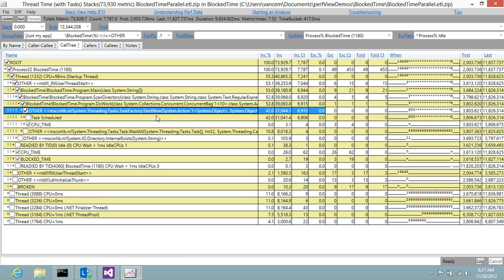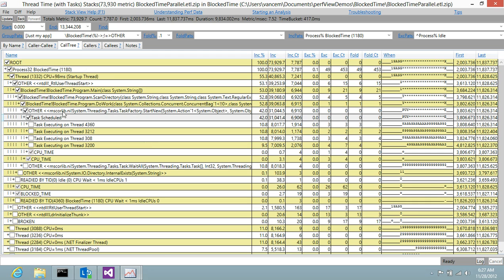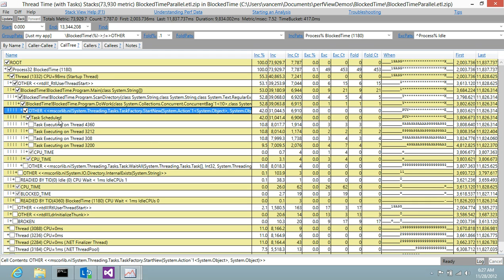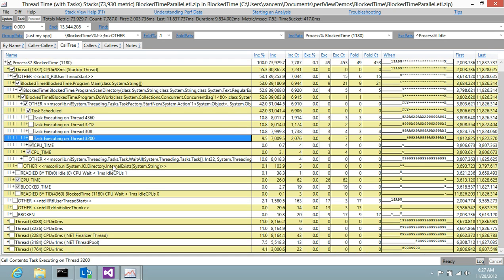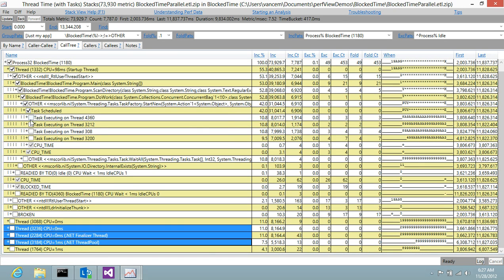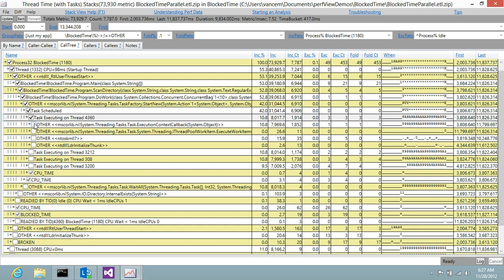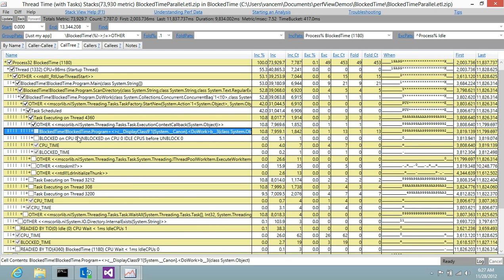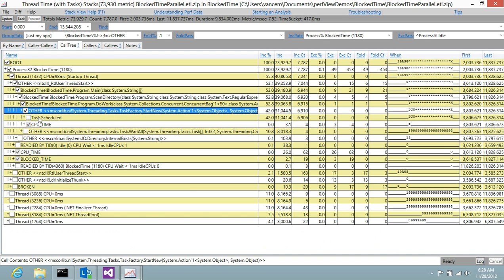But because this one called start new, now this new pseudo node has been put in called task scheduled, and what this means is that start new caused 4 tasks to be scheduled, one on each of these threads, which are these threads down here, and then their costs are just put in at this point. So all of that work is now being charged to the task that created it,